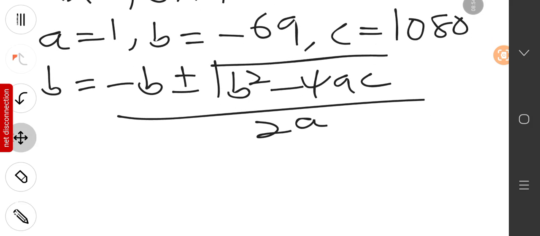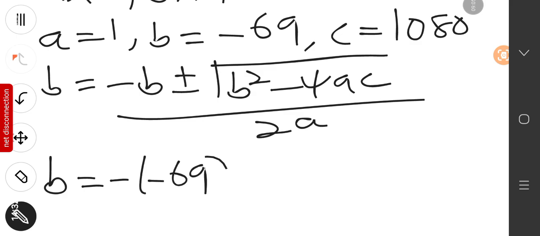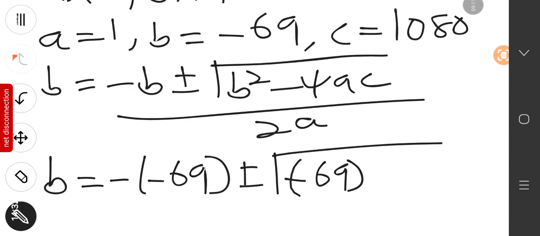So our equation becomes b equals minus 1 times minus 69, plus or minus, we are going to have minus 69 in a bracket squared